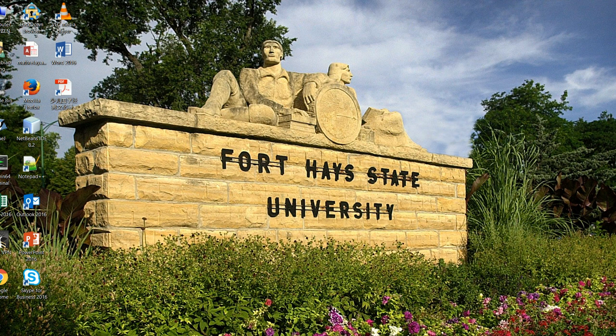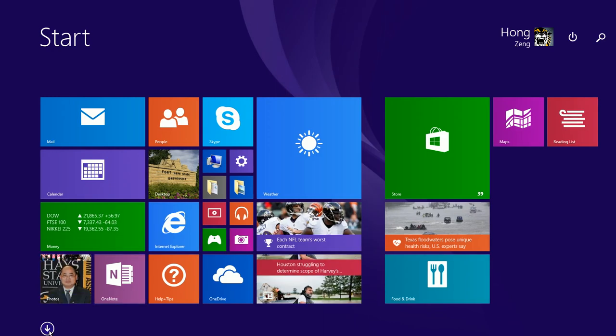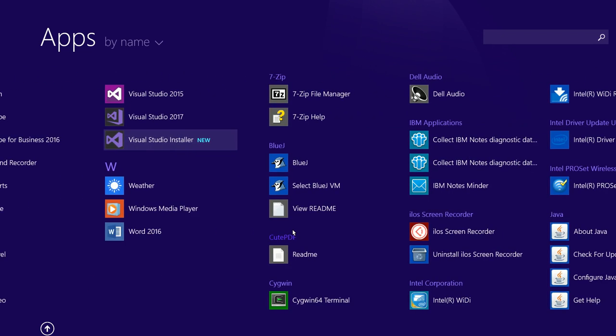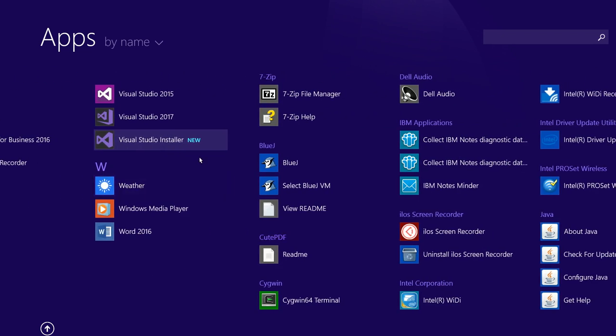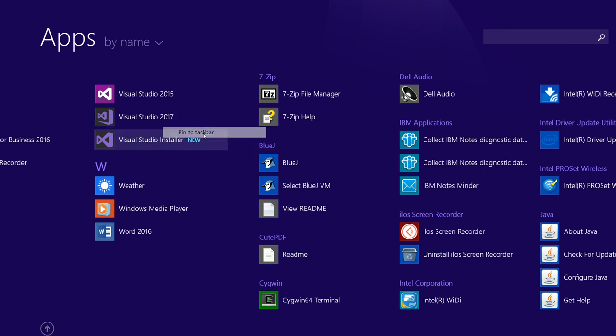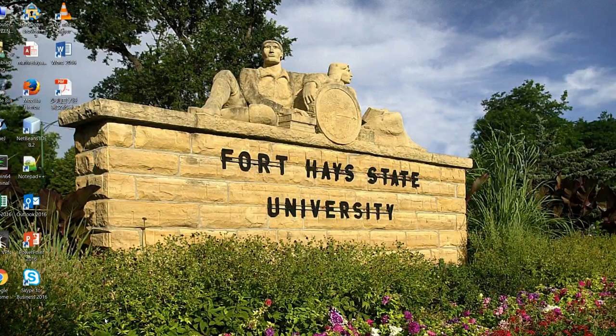You click on your Windows Start, then go down the list, and you will see Visual Studio 2017. I also have Visual Studio 2015 here. You right click it, then you can pin this to the taskbar for your future use. Okay, now you can escape this. Now it is on my taskbar,